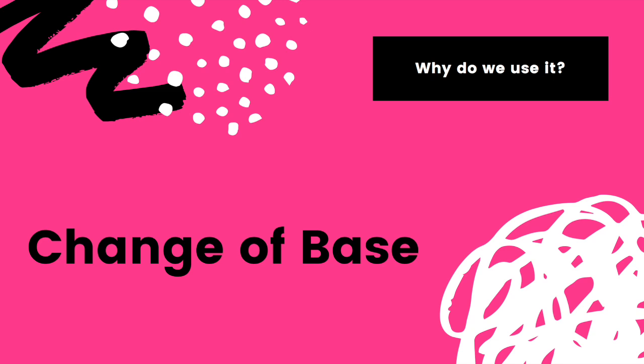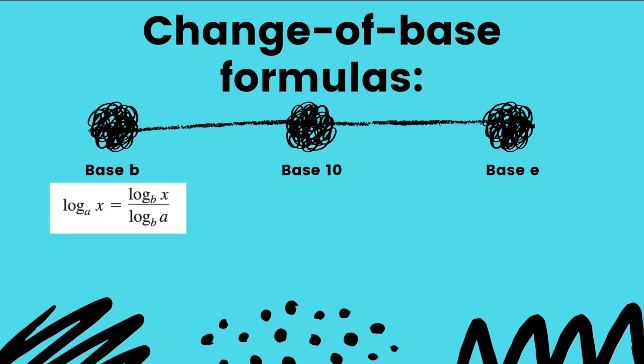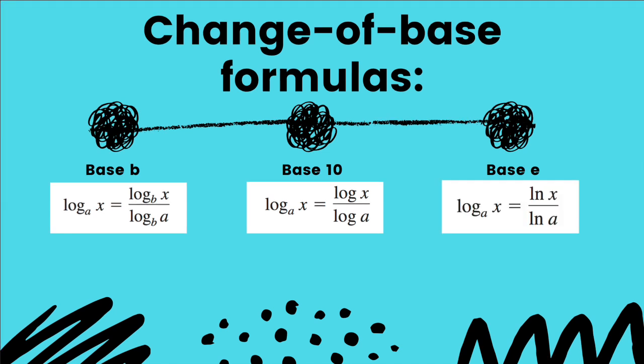The change of base formulas are base b, base 10, and base e. Base b is logarithm base a of x equals logarithm base b of x over logarithm base b of a. Base 10 is logarithm base a of x equals logarithm base 10, also known as common logarithm, of x over common logarithm of a. Finally, there's base e, where logarithm base a of x equals natural logarithm of x over natural logarithm of